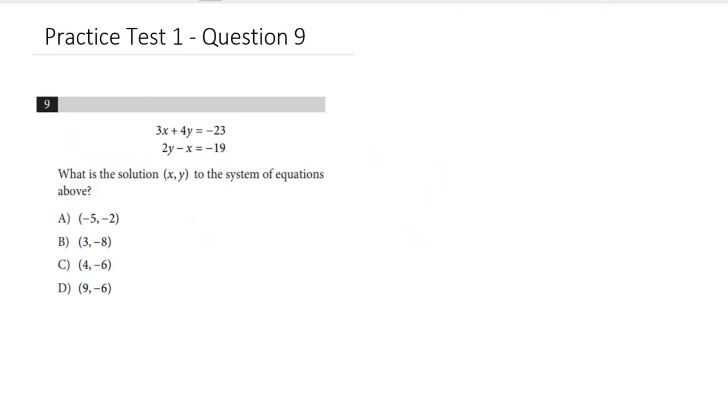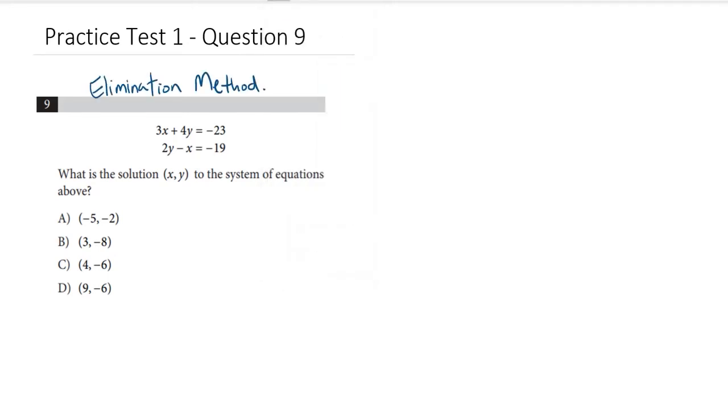Question 9. So we've got a system of linear equations, and to find the solution, you have two options. You can either substitute these choices, these points, and plug them into both equations and find the one that satisfies both equations, and that will give you the right answer. Or you can actually solve the system of equations using either the elimination method or the substitution method. For this question, I'm going to use